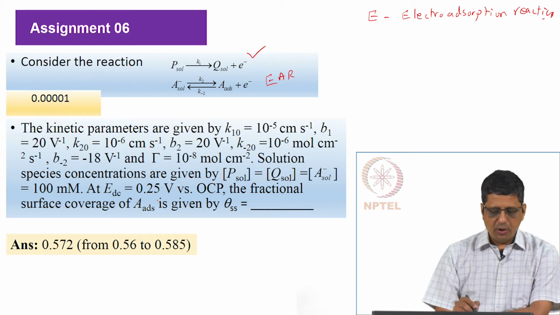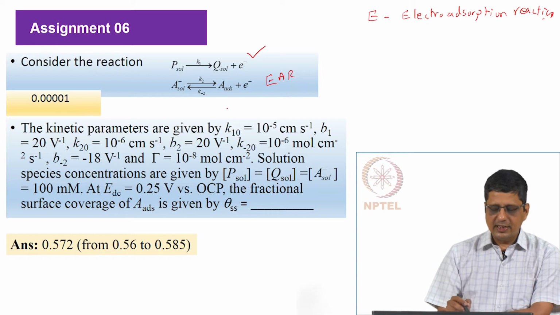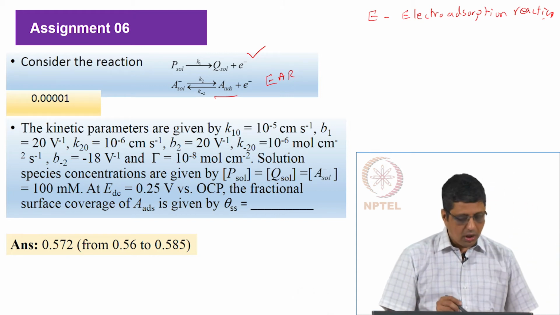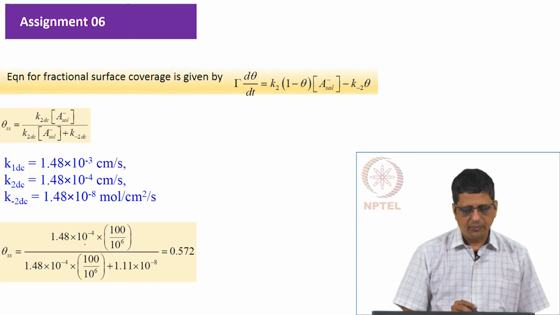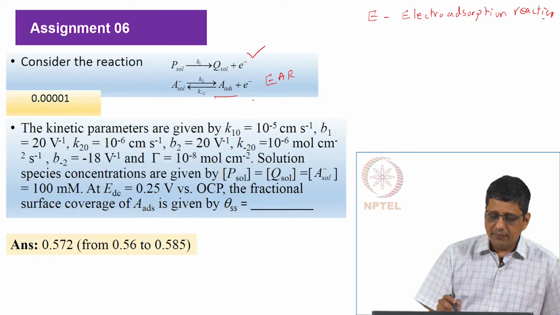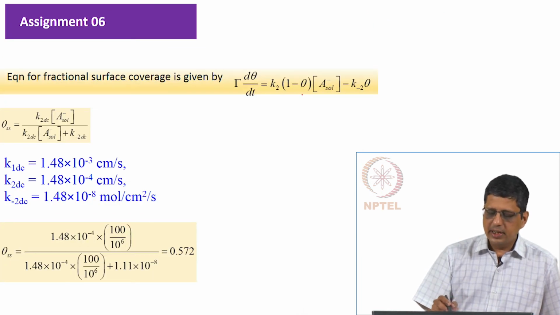At a DC potential of 0.25 volts measured with respect to the equilibrium potential, what is the fractional surface coverage of A adsorbed? Okay. The answer is going to be close to 0.572. How do we get this value? First we write the mass balance equation, gamma d theta by dt. First reaction does not change surface coverage of A adsorbed. Second reaction, forward reaction produces it, reverse reaction consumes it. So, I will write K2 (1 minus theta) multiplied by the concentration of A minus in solution minus K minus 2 theta,